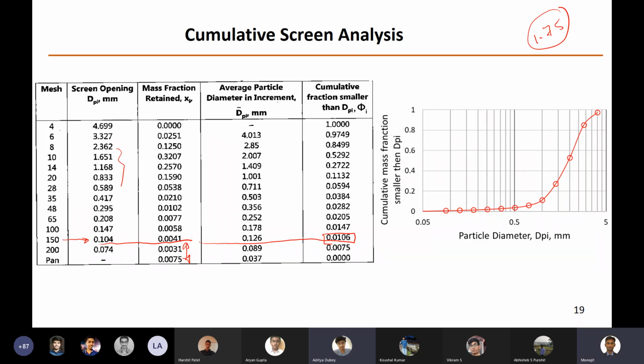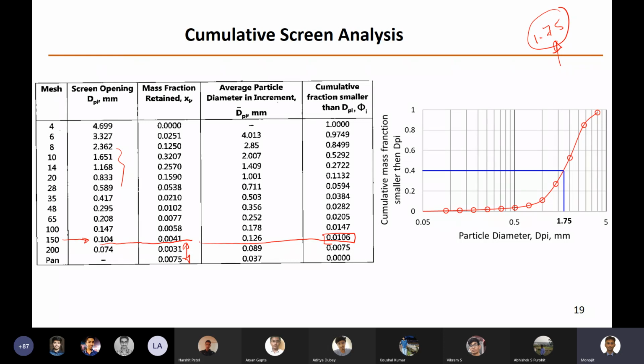Right. So we will take a point at 1.75, because that is my point of concern. Yes, sir. So we will take a point somewhere here. Obviously, it will fall somewhere here, which is 1.75, and we will draw a vertical line which will intersect this graph, and then we will take the corresponding y value. Now, what is the answer here? 0.4. I wanted to know the particles which are smaller than 1.75 millimeter in the mixture.